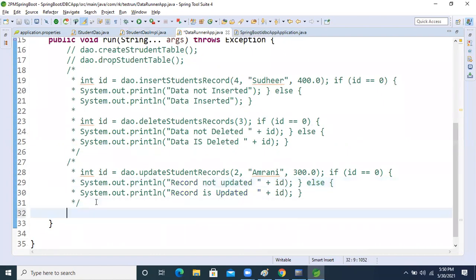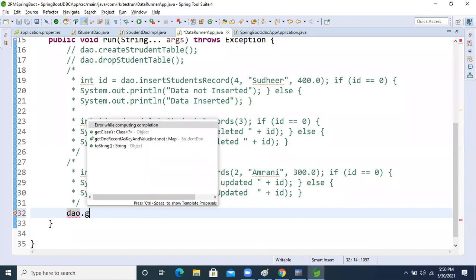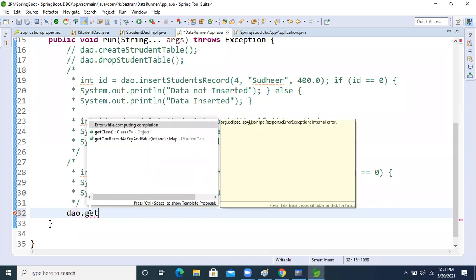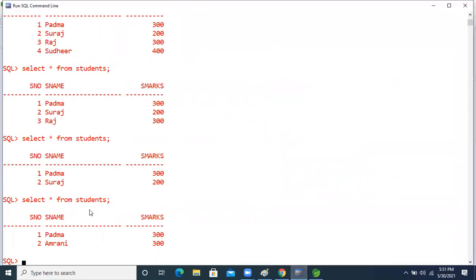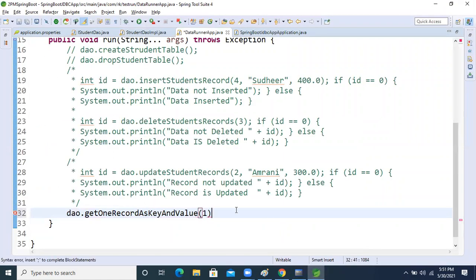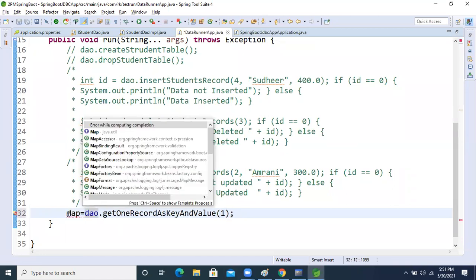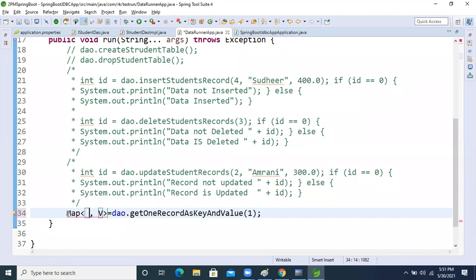Now DAO dot getOneRecordAsMap, get one record in key and value format. Which record do we want now? First one only, so we will pass the first primary key, the ID number, and this method will return a Map collection.